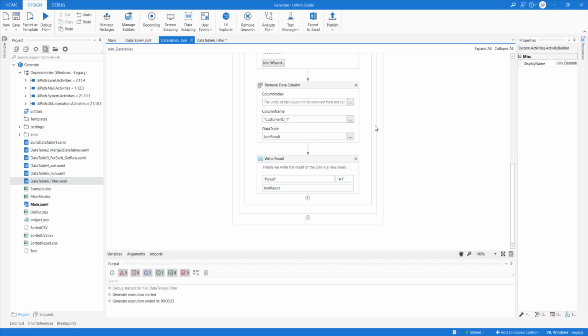For doing that, you can use a build data table activity again. You can create a data table with one column and values, and then use a write activity to write at column number 6, so that the additional column will be written there. So you can use multiple ways of doing it. It all depends on how you want to do it. Okay.